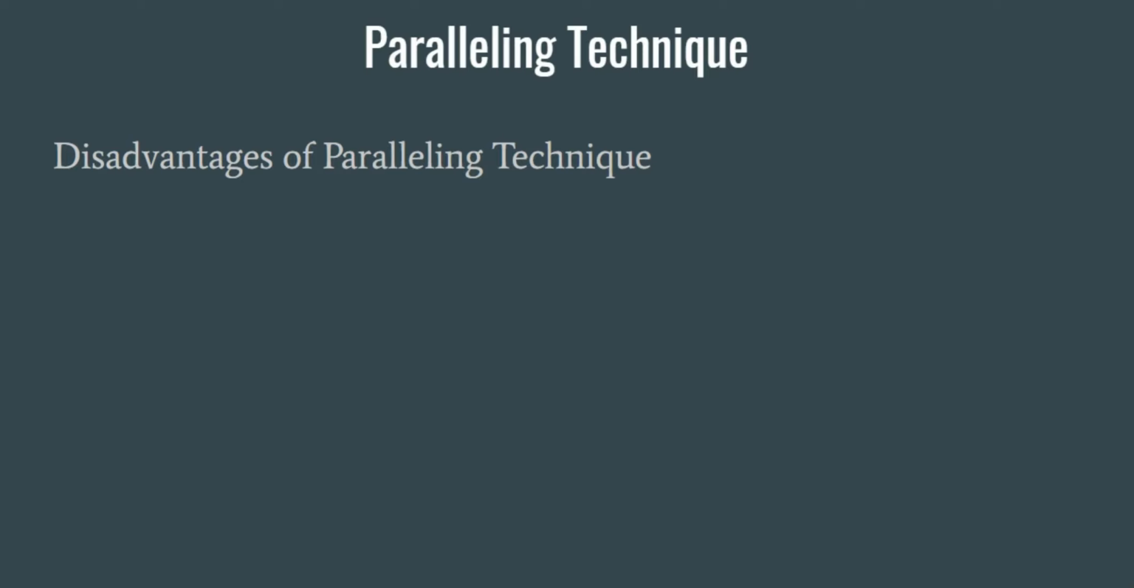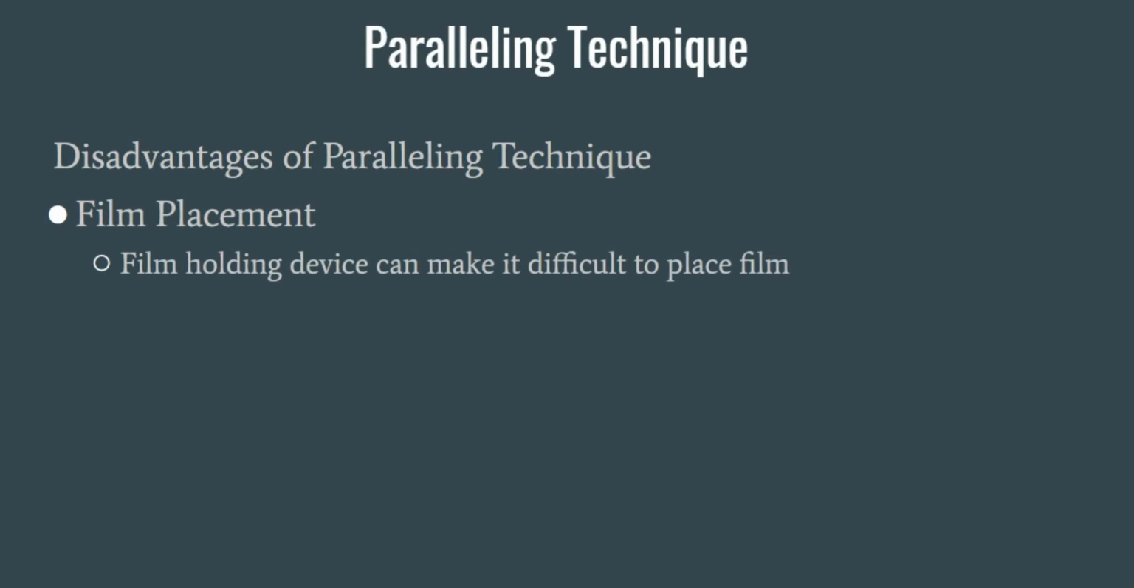So the disadvantages are going to be the film placement. The film holding device can make it difficult to place the film sometimes. Sometimes it's bulky in the patient's mouth, so they use their tongue to try to push it out, and sometimes the ring is sliding off when you're trying to put it in the patient's mouth. So there's different obstacles that you have to overcome as a disadvantage, but this is a simple method,